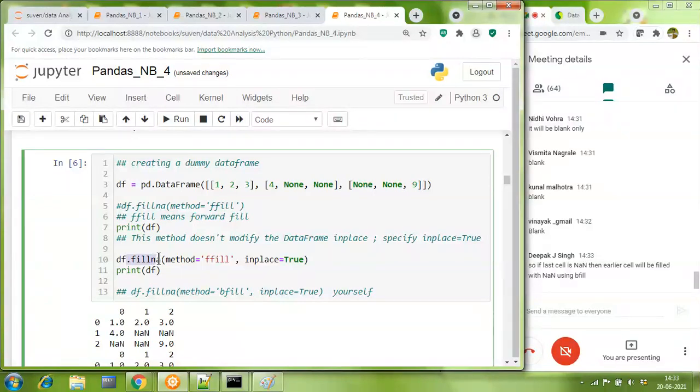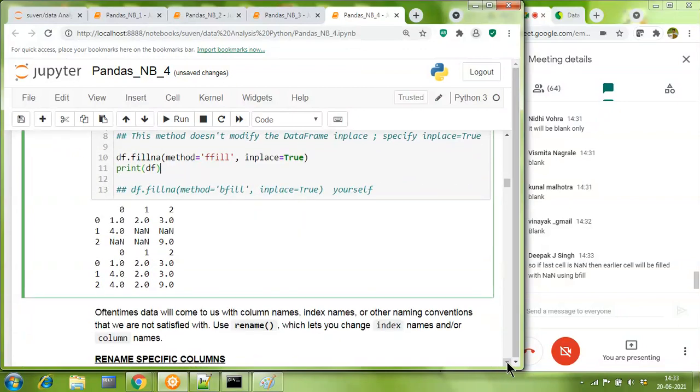So fillna is actually, in this case, using a forward fill. inplace equal to true means that the data frame on which I'm working, I want to perform my fill operations over it itself directly. So I don't want to create a copy of the data frame. I want to work on the main data frame. That is the purpose of inplace equal to true. And when I print the data frame, I can see that this 2 replaced this NaN value, so it became 2, and then whatever value 2 came here, it further replaced the next value, that is 2, which is over here.